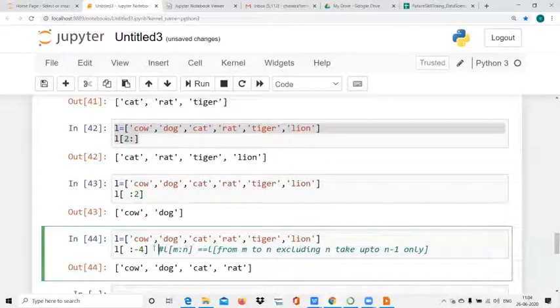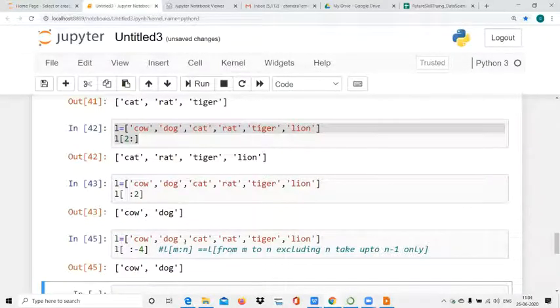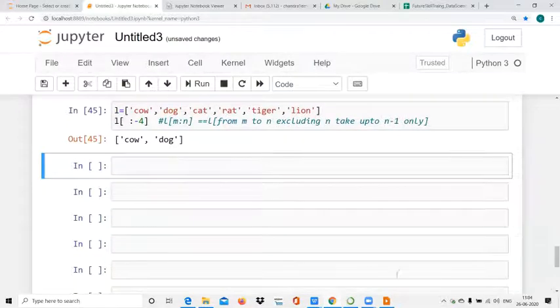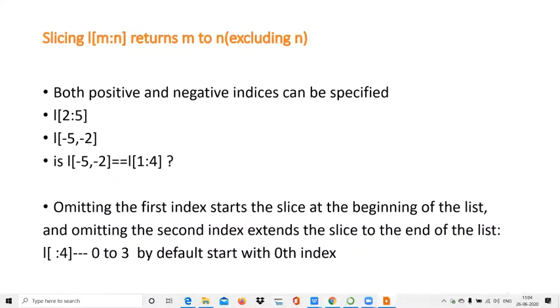Okay, so -1, -2, -3, -4, it will not print -4, it will print from beginning cow and dog. It should print, run. So cow and dog. Now understand? No one is asking. Okay. So see, practice.